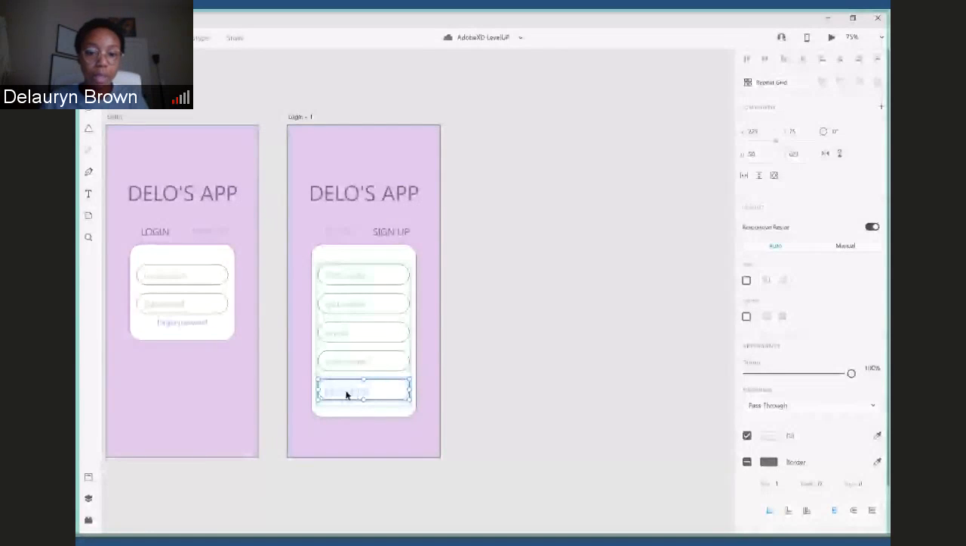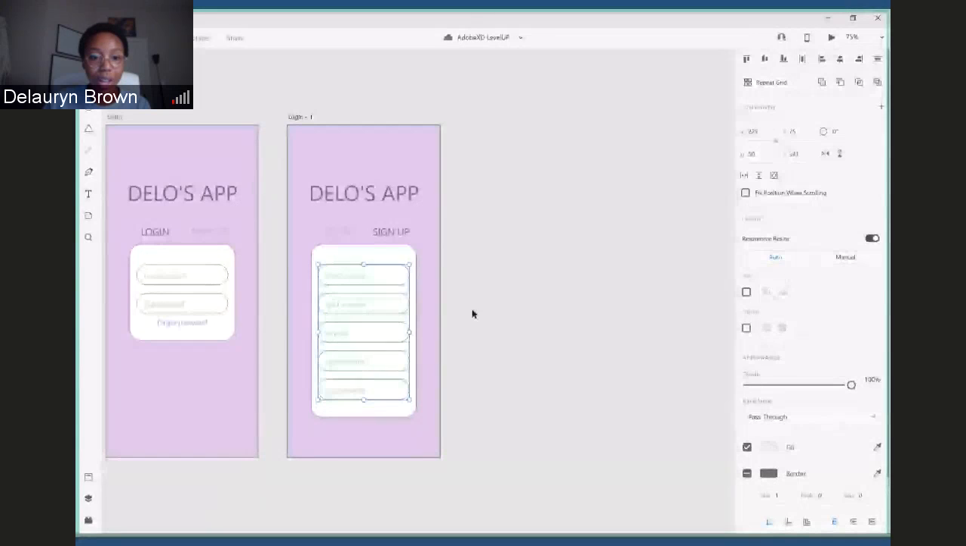Boom. There we go. So this is still considered, I'm going to go ahead and ungroup this. There we go. We'll be able to access these individually. So now I have my login page, my sign up page. Let's see, if we were going to add a little bit of depth to this,